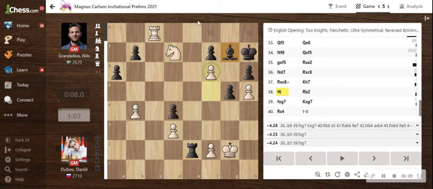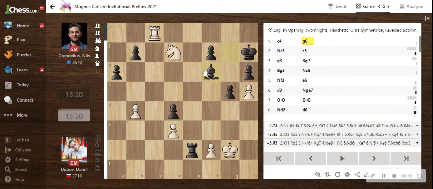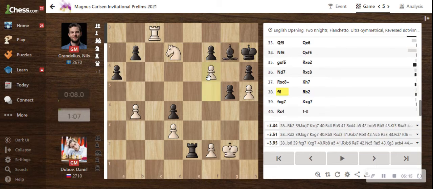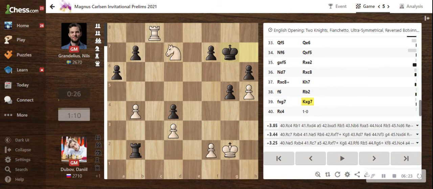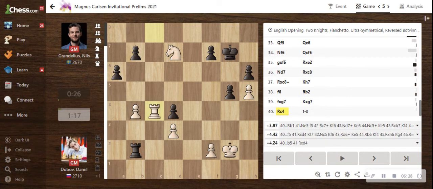trying to kick away the bishop, but now instead of defending the bishop, let's say move, the only possible square is to move it to h8. We have rook to b2 instead, and now f captures on g7, king captures on g7, and rook to c4. And it was in this position on move 40 that Nils Grandelius resigned the game, as you're already down a knight, and then there's really no way you're catching up,